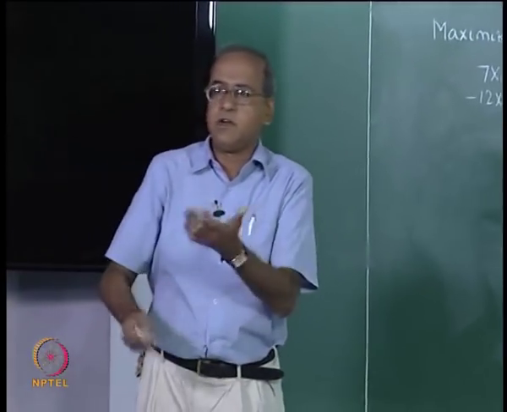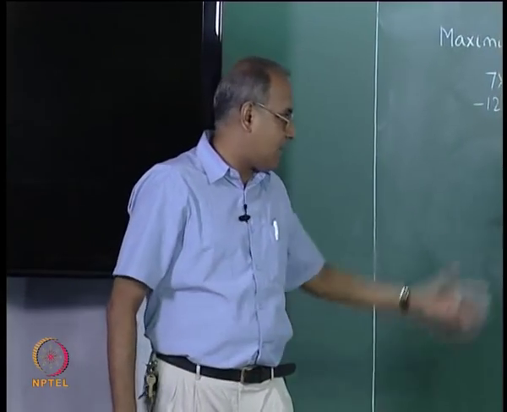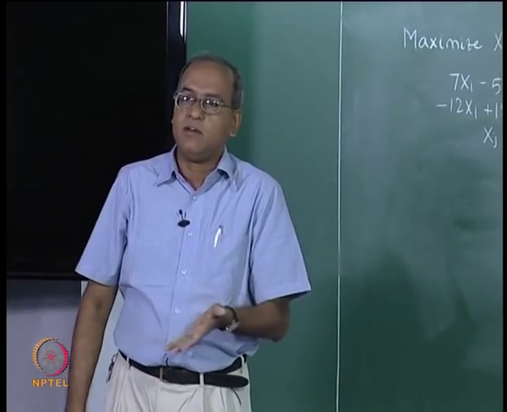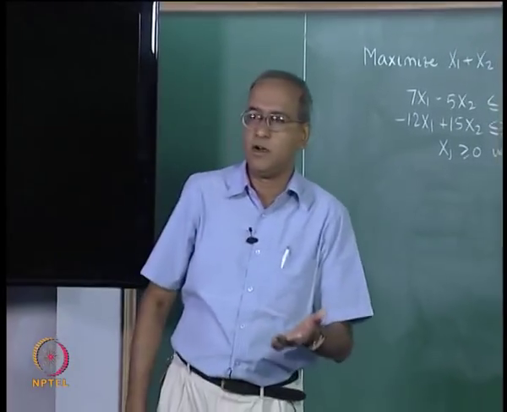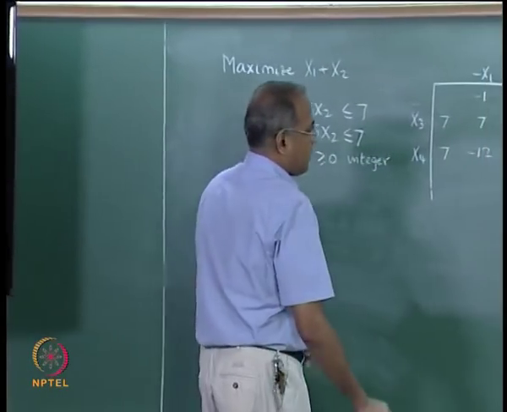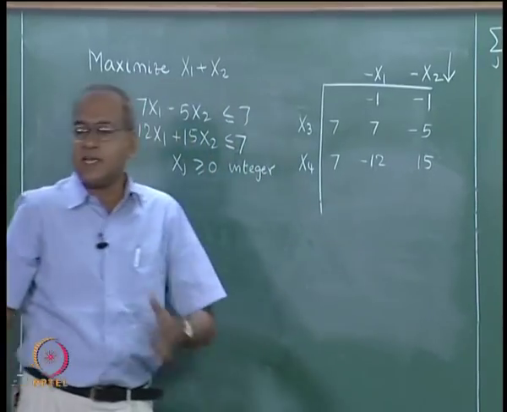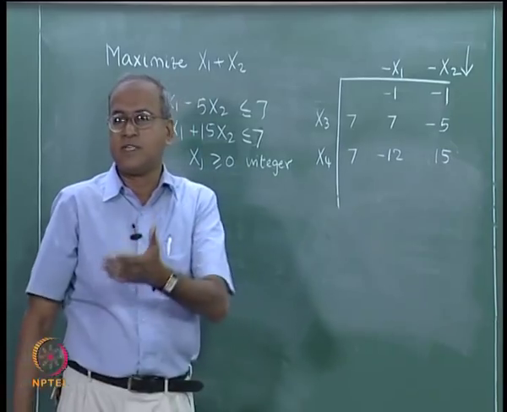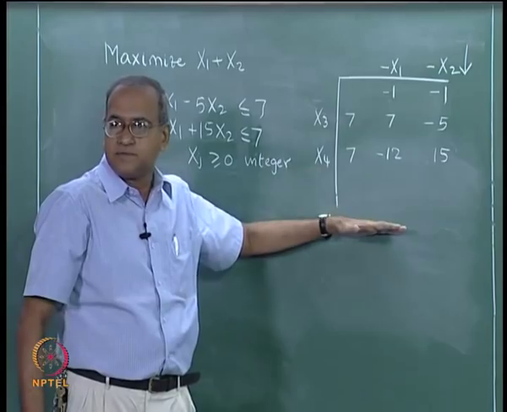The only problem is we would have fractions. Since we want an all integer algorithm, by the same logic a pivot of plus 1 is extremely suitable for an all integer primal algorithm, just as a pivot of minus 1 is suitable for an all integer dual algorithm. To get a pivot of plus 1, we identify this as the original pivot element. The easiest way is to simply divide by 15, or use h equal to 1 by 15 times the other row.